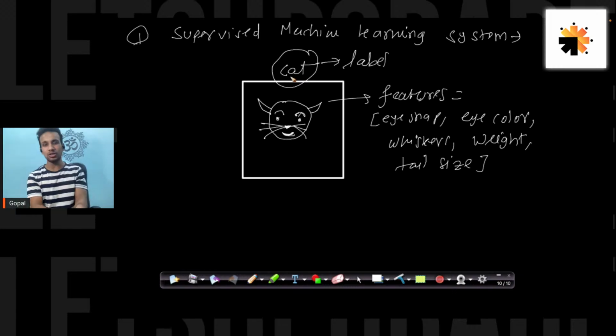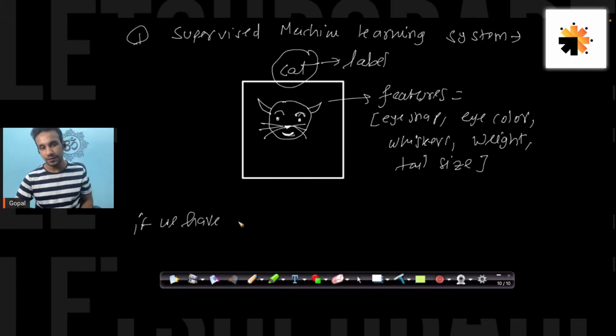If I lift this phone, I know this is a smartphone. If I lift this book, I know this is a book. I know its features: it looks white and it has a name over it. Similarly we have an image with a picture of a cat, where we can determine the shapes, eye color, eye shape, whiskers, and everything.